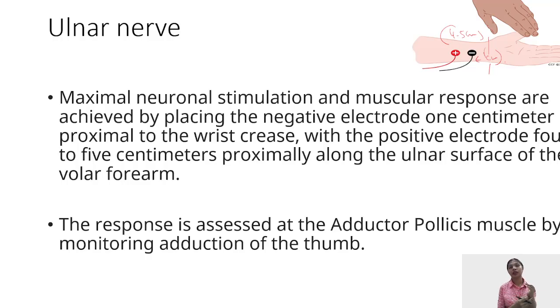The beauty of the ulnar nerve, and why this is the most common site, is that ulnar nerve is the most common site for neuromuscular monitoring. The reason behind is that this is superficial first. Secondly, the muscle and the nerve are opposite to each other, and that is why direct muscle stimulation is quite rare when we have chosen the ulnar nerve. This is the most common site of neuromuscular monitoring during all the phases of anesthesia, whether it is the induction phase, the maintenance phase, or the recovery phase.